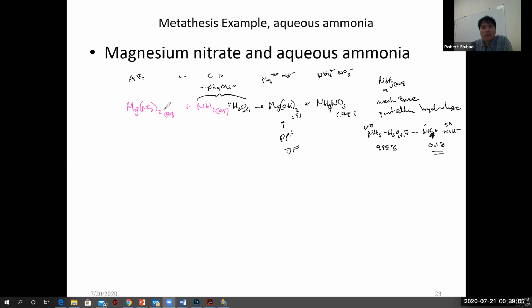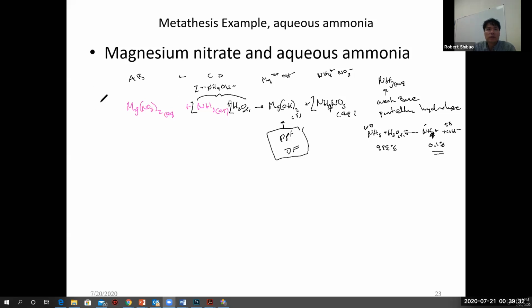We don't have to compare two solids. And that's it. So all we need is one. So we got precipitation here of magnesium hydroxide. So let's balance this. We need 2 hydroxides, and so I need 2 ammonium hydroxides. To get 2 ammonium hydroxides, I need 2 ammonias to collide with 2 waters, double everything. And that's going to give us 2 ammoniums over here, so I'll put 2 ammonium nitrates.